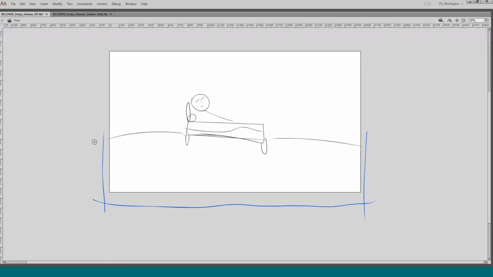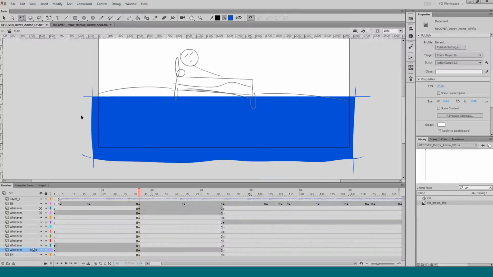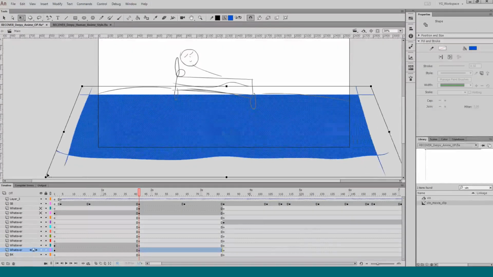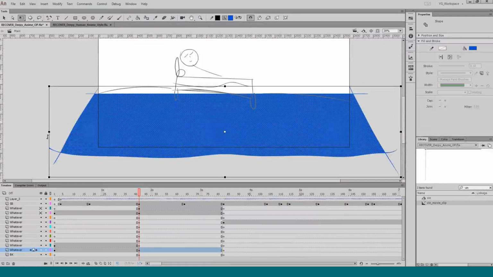So I'll hold shift to make a very straight line, and that'll be our floor to our house here. And just so I can feel the perspective of it, I'll do something like that.